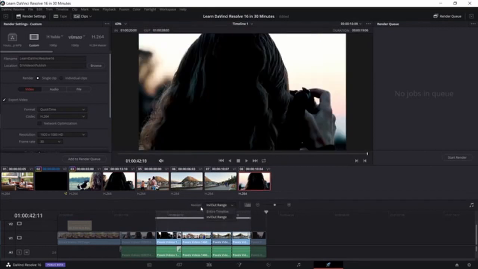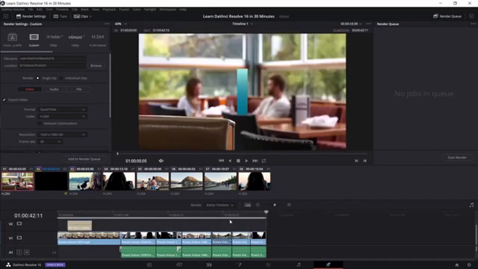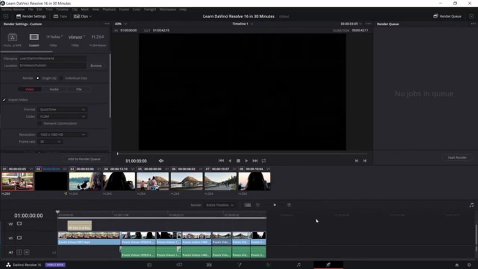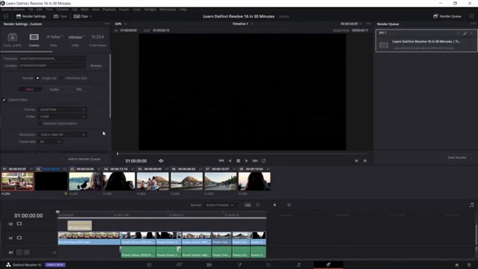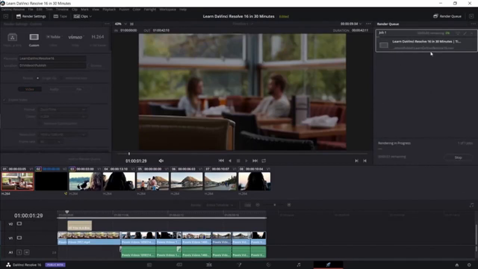Otherwise, we can change render to entire timeline, which will automatically select everything in our timeline, which is usually what you want. So I can hit add to render queue. If you are going to have multiple timelines in your project, you can do multiple render jobs all at once if you want to save some time and just let your computer render for a while when you're done with one or multiple projects. So I'll go ahead and hit that now, and this will export to the publish location